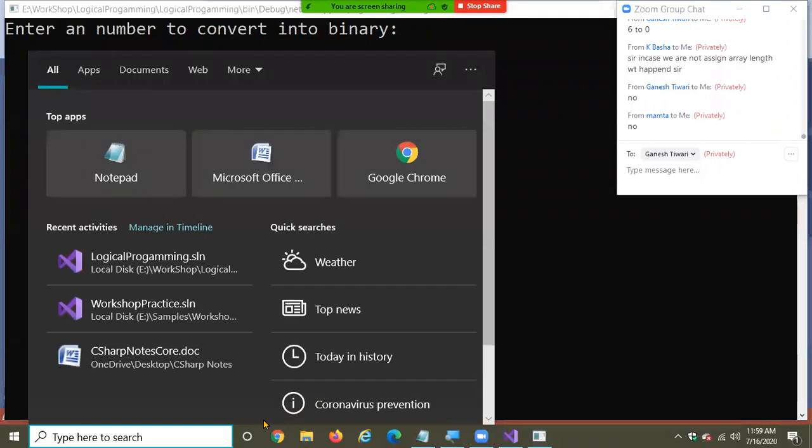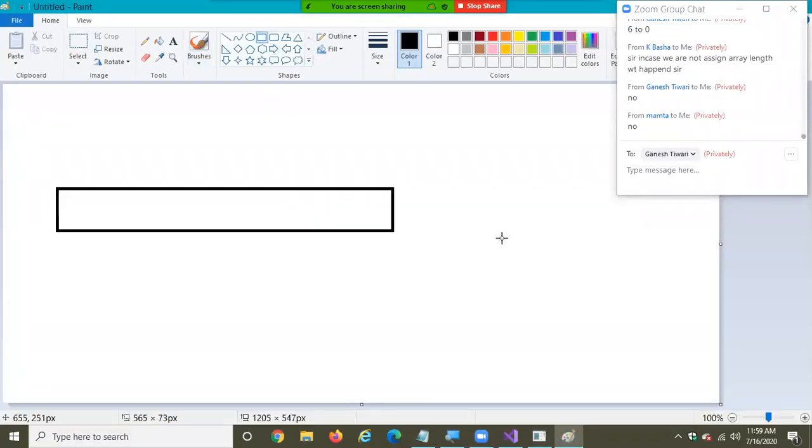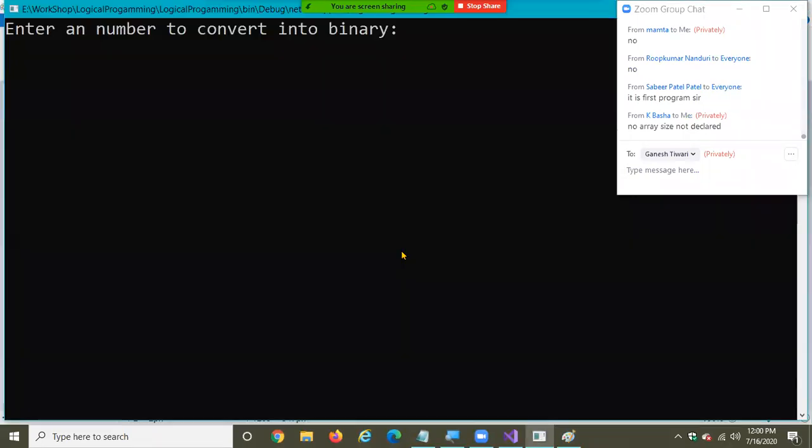Your array is declared with 16 cells like this. Why is the array size not declared?